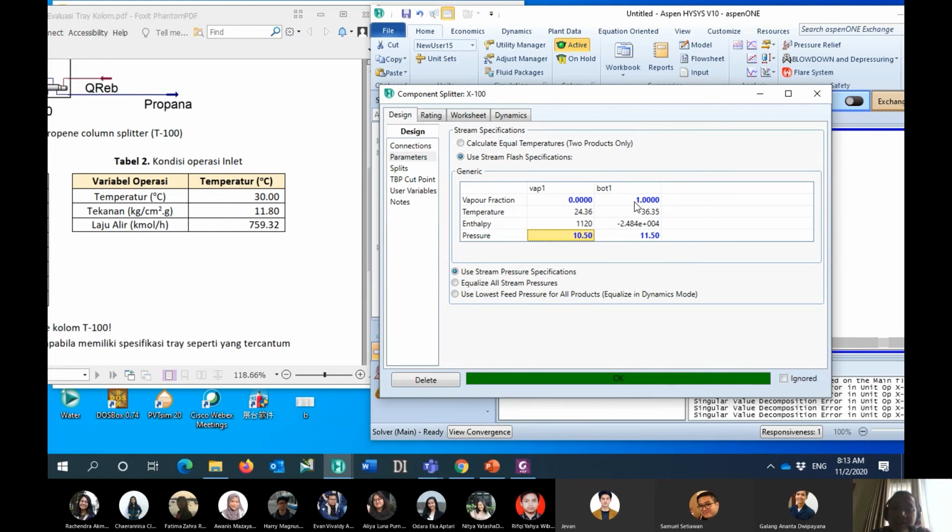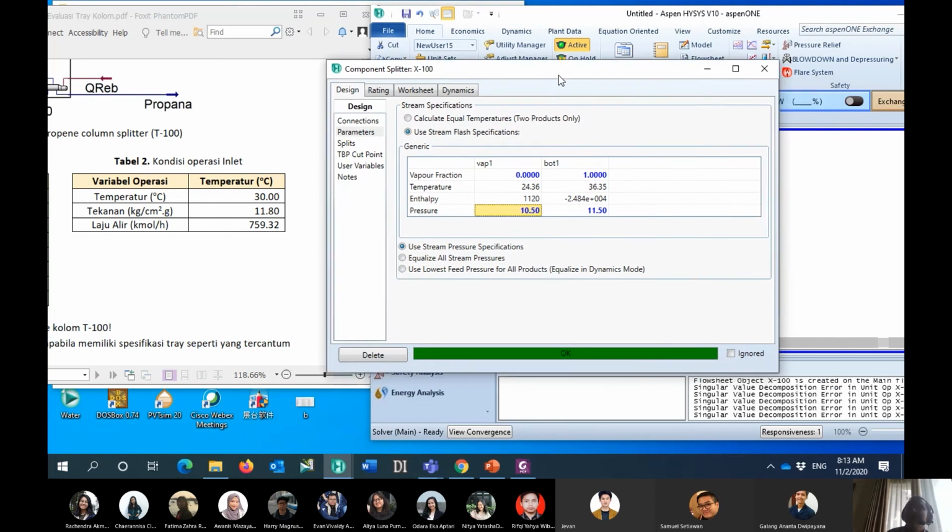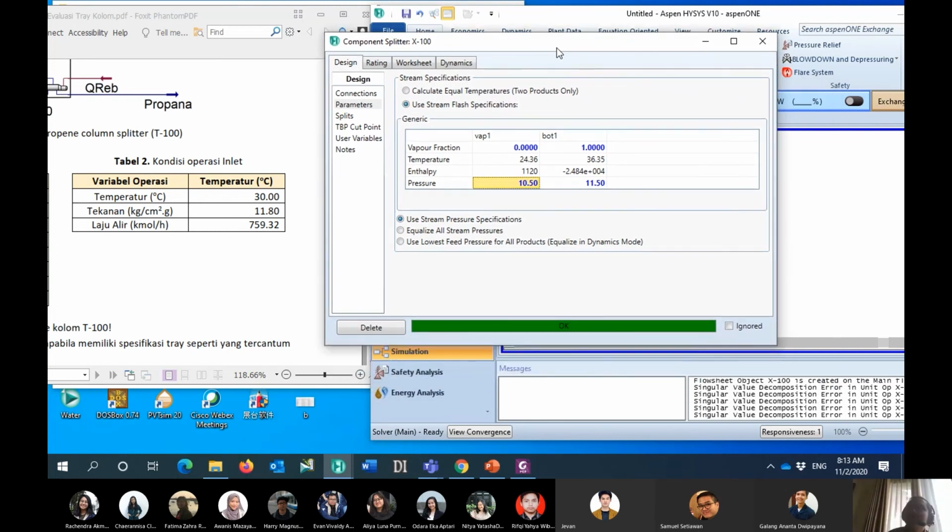What is not related with the product that you have? Yes, I believe that the product in your bottom should be in liquid form. Yes, it's correct. But this condition I will use to find the operating condition for my reboiler to change from liquid to vapor. Okay, is it clear to you? Oh, yes, sir. It is similar with the previous one, which is the condition for the condenser.